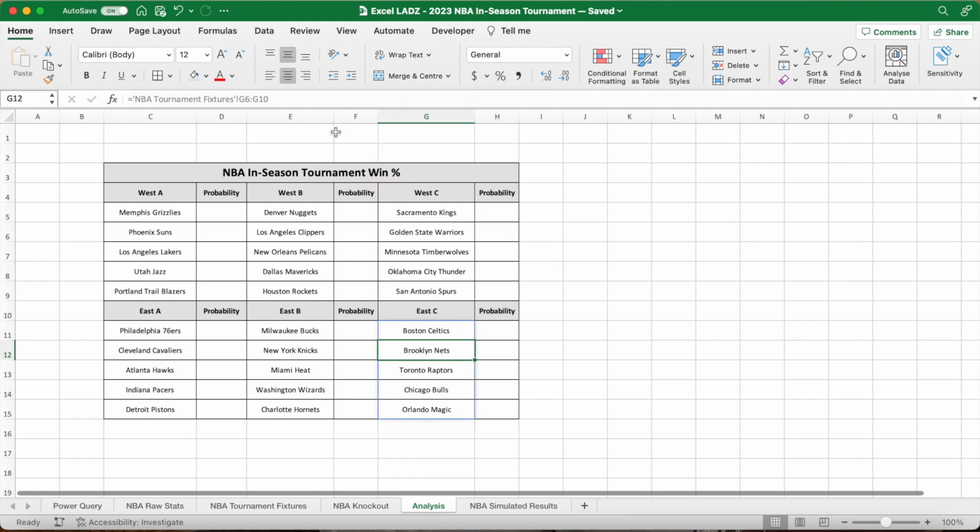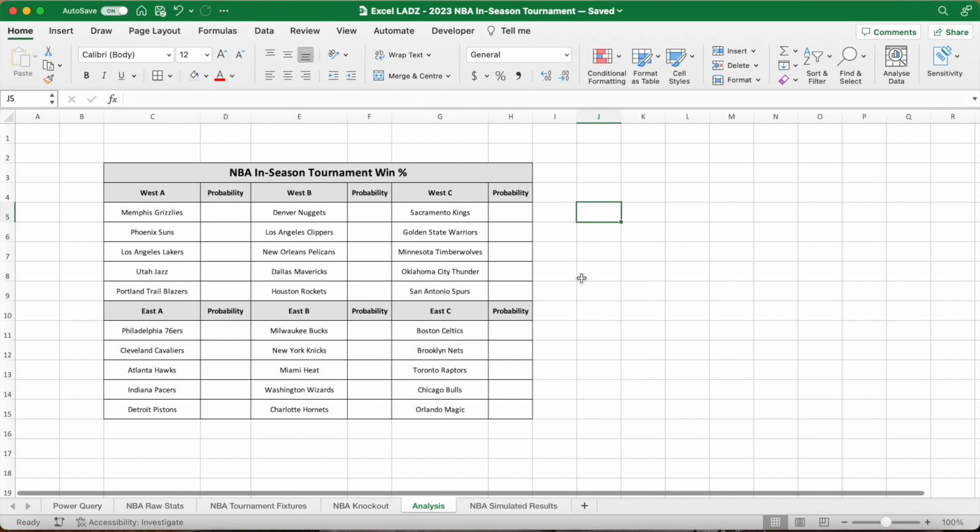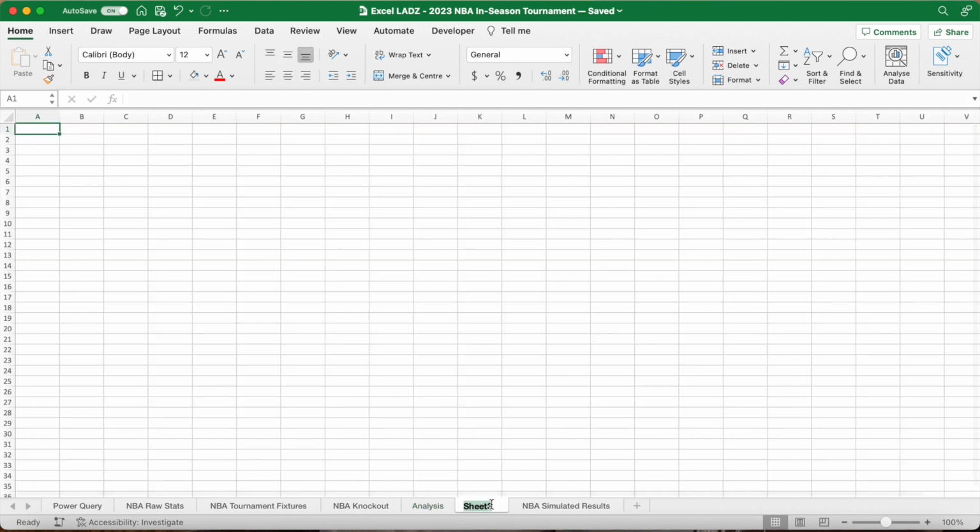Now after I adjust the width of the columns to make the table consistent, we're going to find the probability of each team winning the tournament based off of the simulations done in the NBA Knockout worksheet. And that's going to be in columns D, F, and H. To do this, make a new worksheet and title it Simulations. Now, in this worksheet, go straight to cell B2, where here we're going to list the 30 teams horizontally across